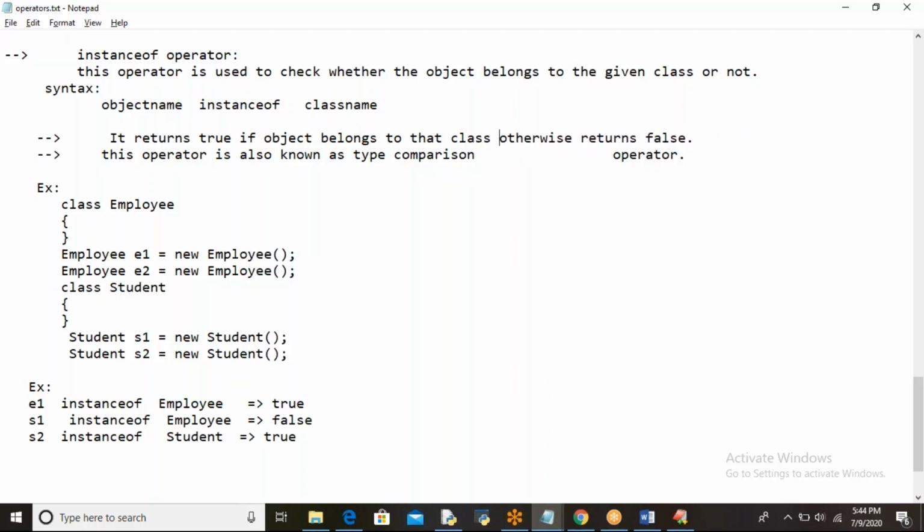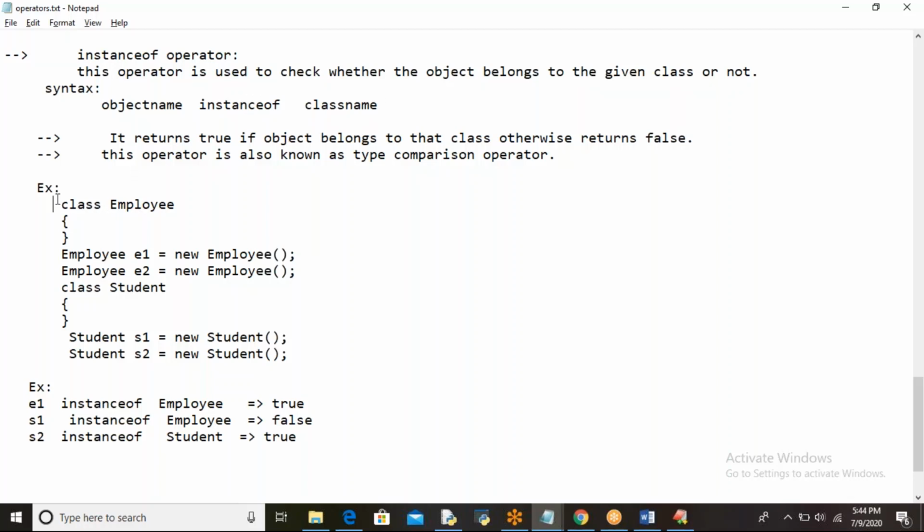So the syntax of this operator is: object name instanceof class name.